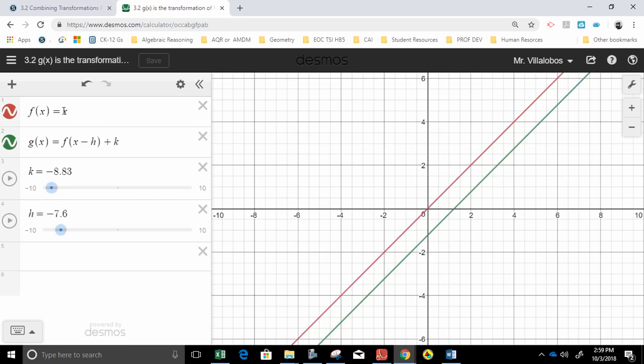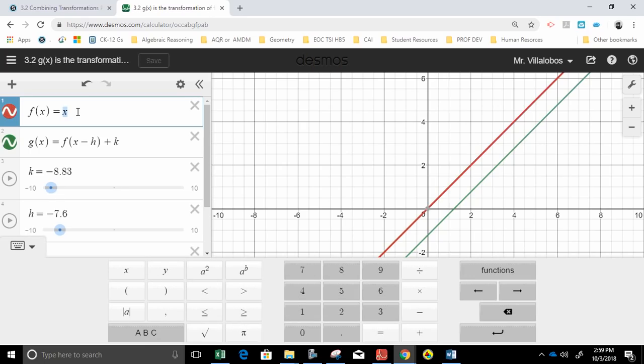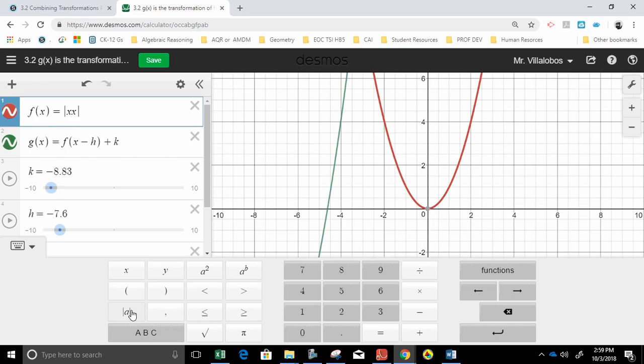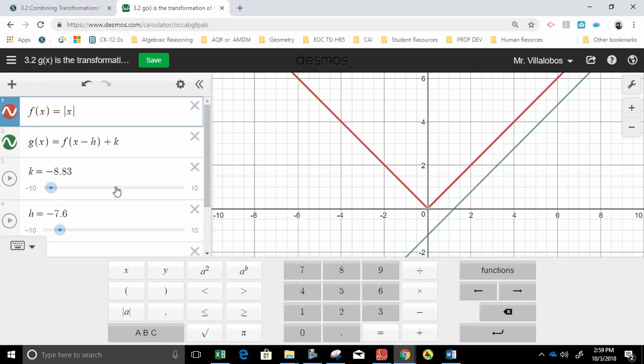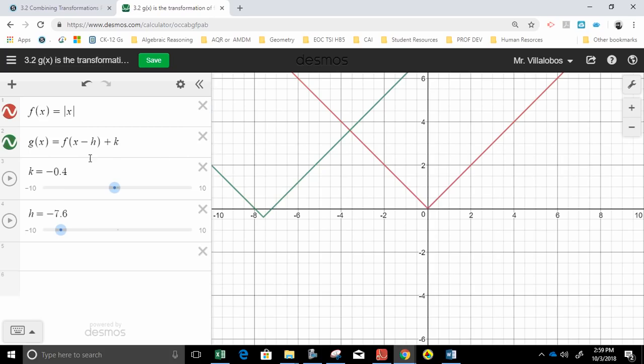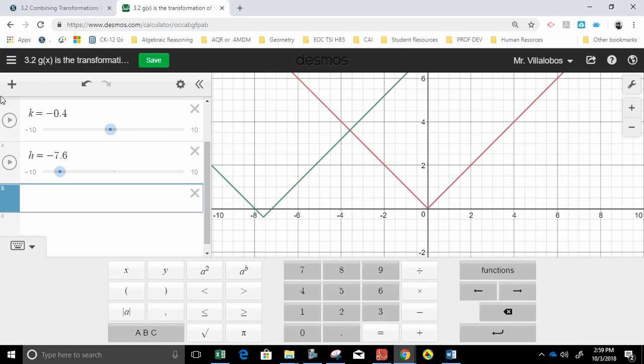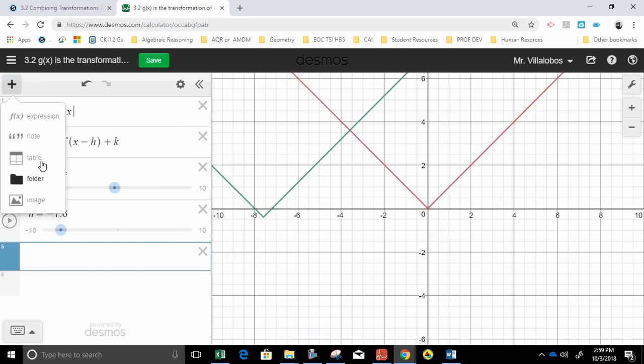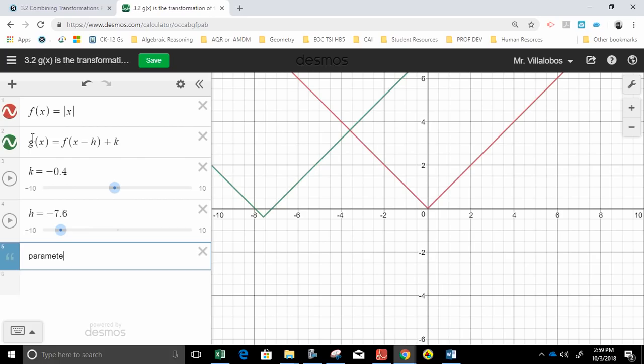Let's put this back to absolute value. Or which one do you want me to put? Does it matter? All right, I'll put absolute value. Whoops. Okay, there it is. Now, this horizontal and vertical, we can make a couple of statements about transformations. We're going to add a note. Note. Transformations. No. Parameters inside the parentheses